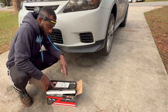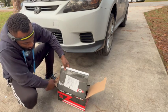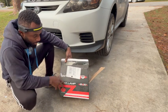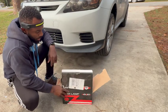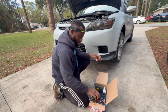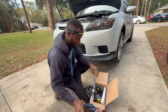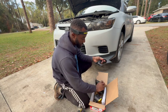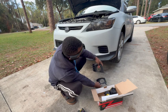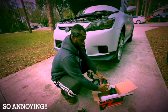All right, so this is the set of headlights I got. I got them off eBay, but I'm sure you probably could get them off Amazon as well. So here's some fog lamps by AJP. It's cheap, like cheap mods. Right here, you got some wires, and you got the covers. These are some nice covers that go on there. These covers are gonna replace those covers, and then you have